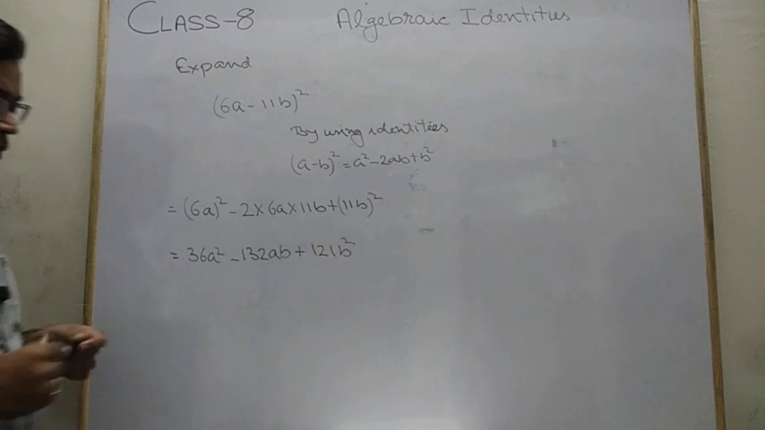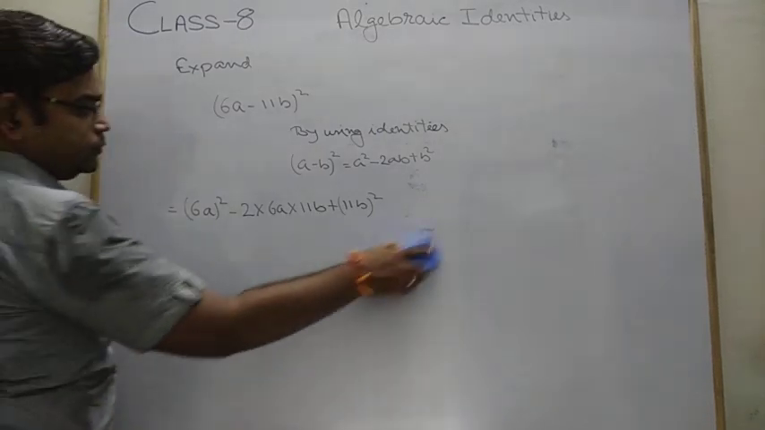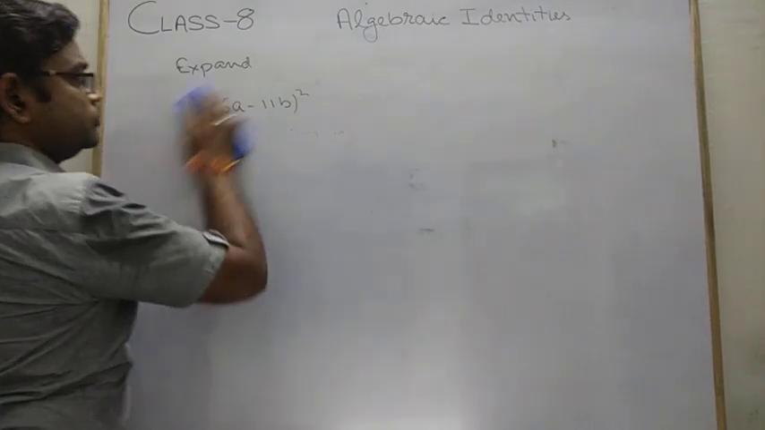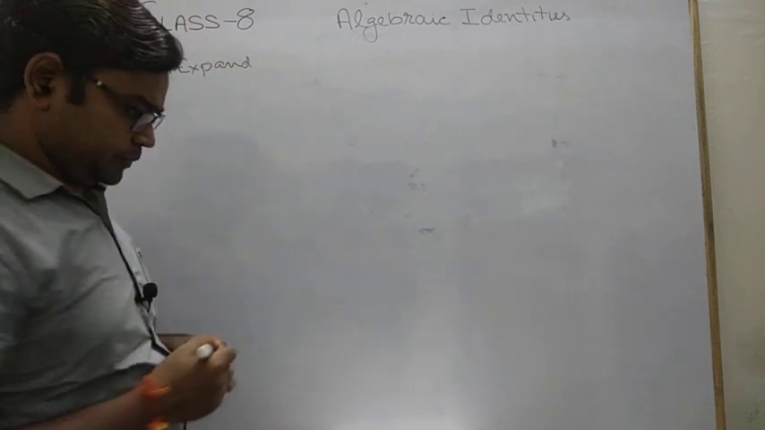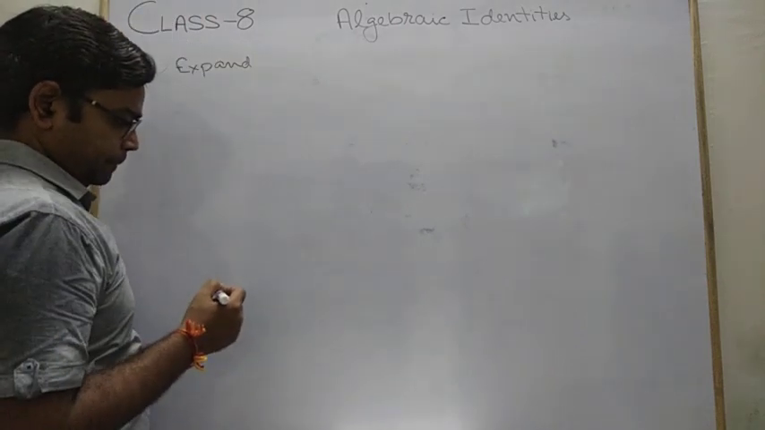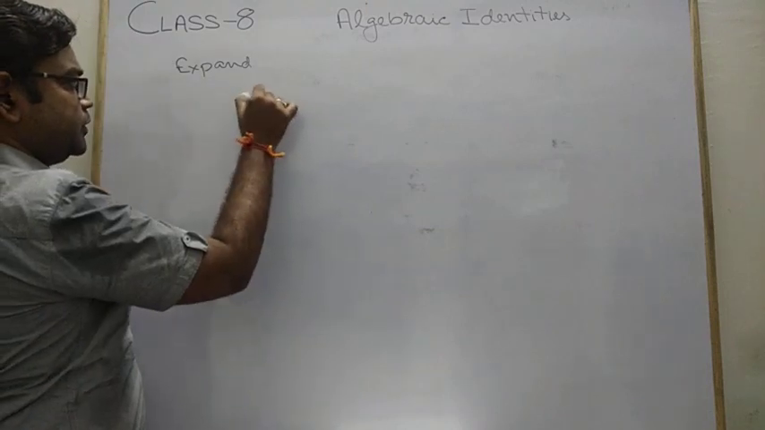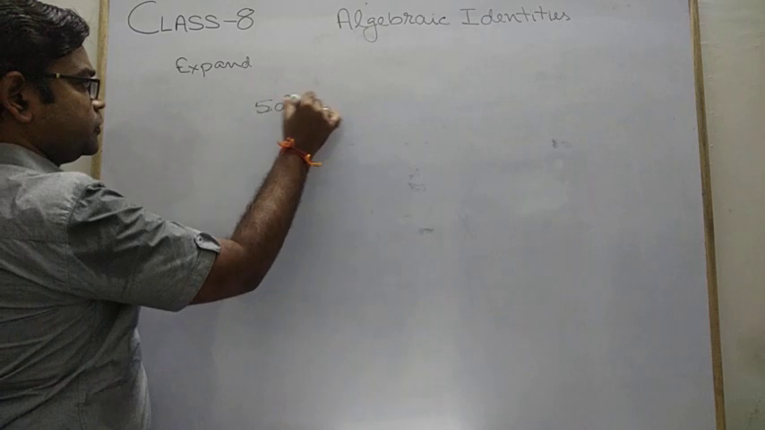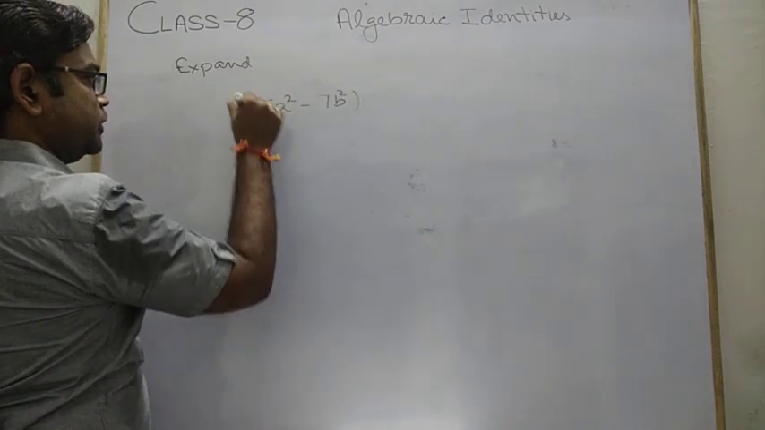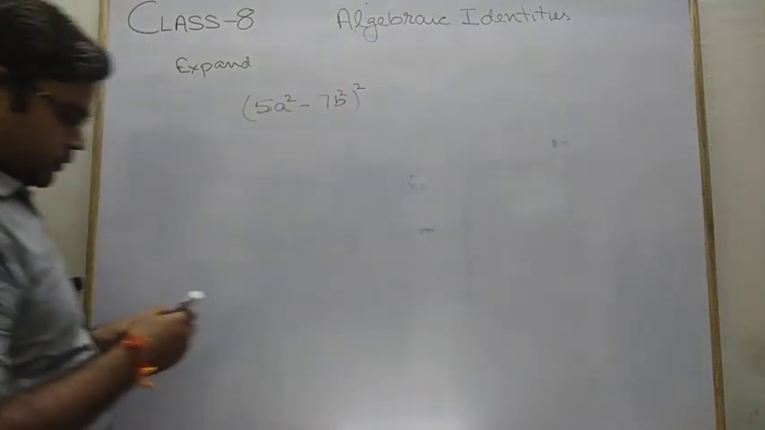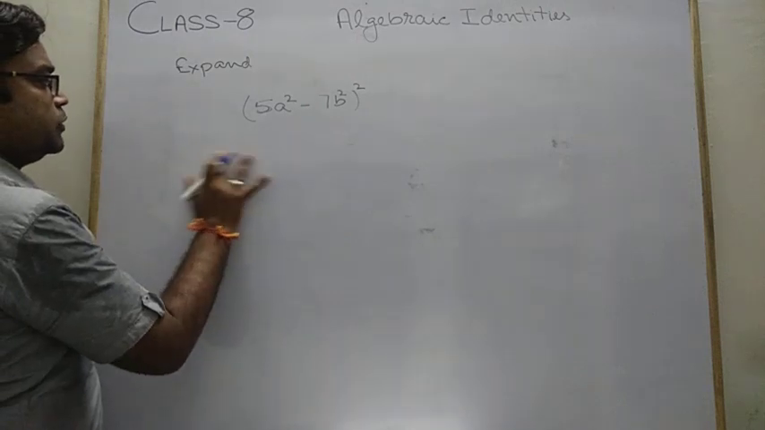I am choosing one question of squares of square. Hope this thing is clear to you. And this is today's last question. I am choosing a little bit toughest one: (5a square minus 7b square) whole square. My ink is going at the end, so by using identities,